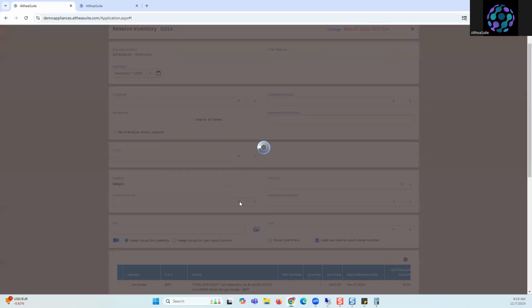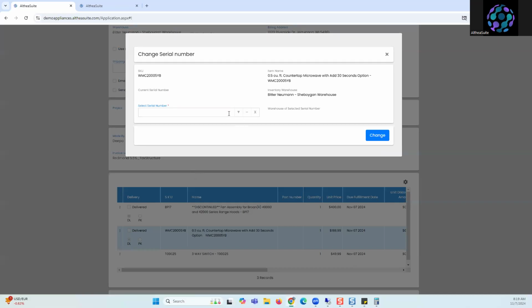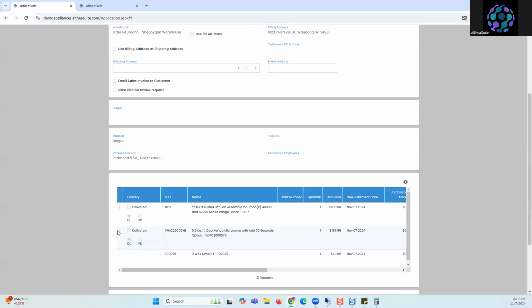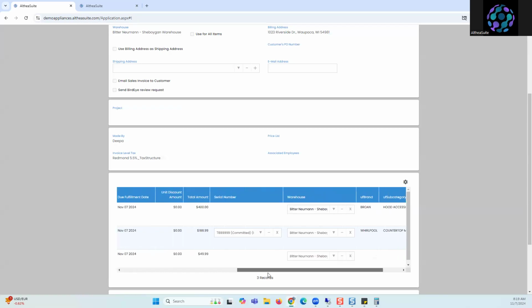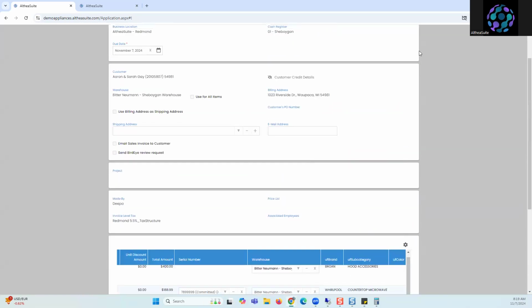You have this option, reserve inventory. It opens that invoice in the view mode. And then over here, you will be able to see the item where the serial number has to be assigned. You can say change serial number, assign serial number. I can swap it from any other order or invoice and allocate it and change that. So I have updated the serial number while my invoice is in the view mode, and I can just come